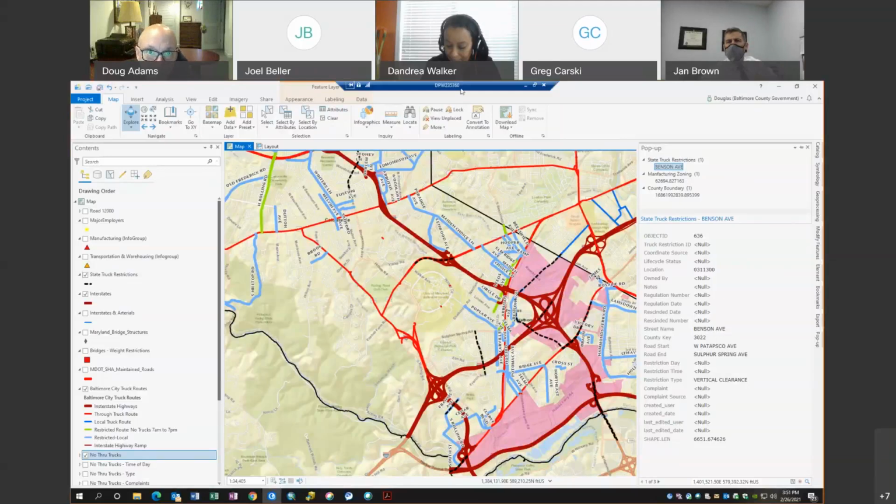Doug will connect offline to make sure we're doing that. But basically, those are our marching orders. So I'll turn it back to DeAndrea to close.